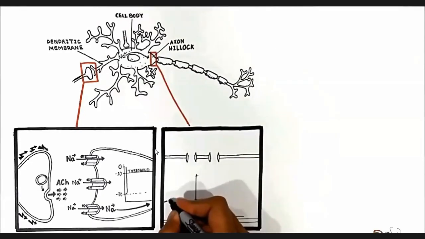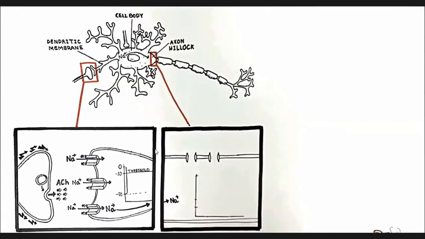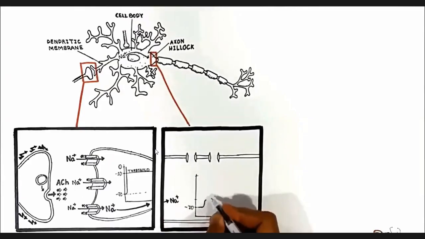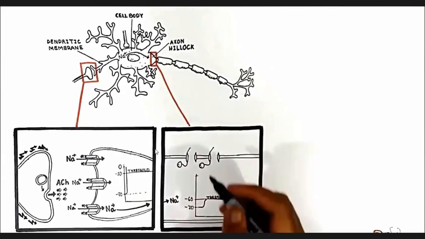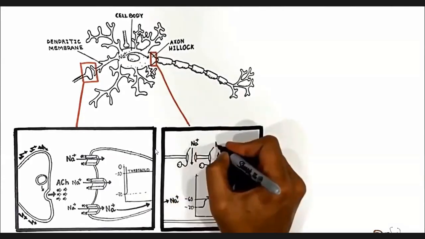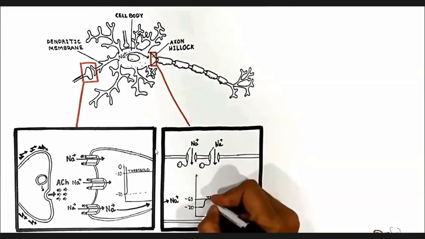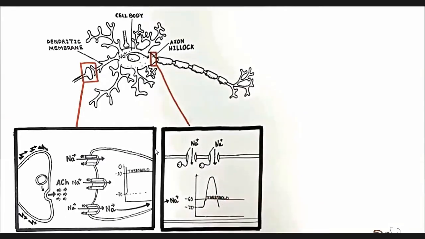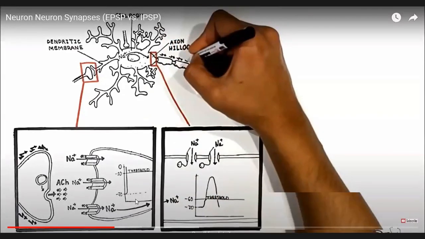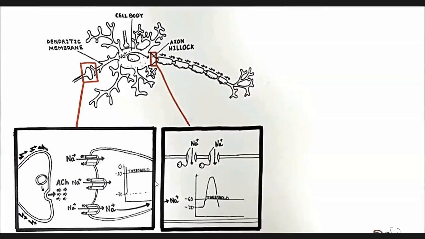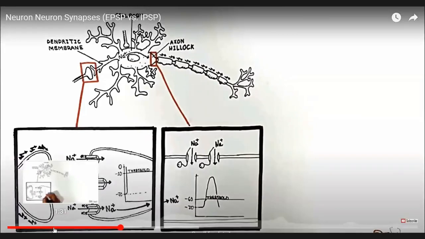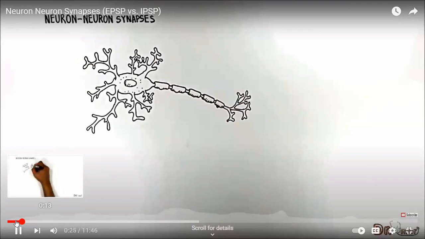When a current flows up to the axon hillock, it takes the membrane potential from its resting state up to the threshold potential. As a consequence, the voltage-gated sodium channels open up, and we get a sodium influx, and this sodium influx initiates an action potential. This action potential further transmits forward along the axon. Another important point is that the closer the synapse is to the axon hillock,